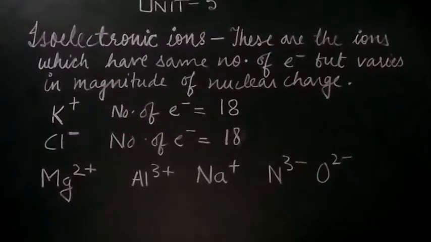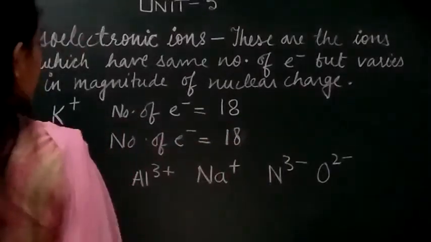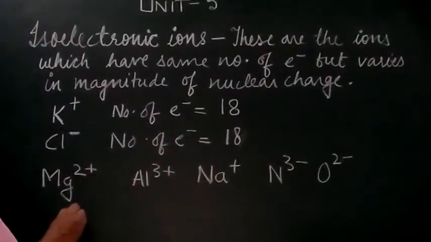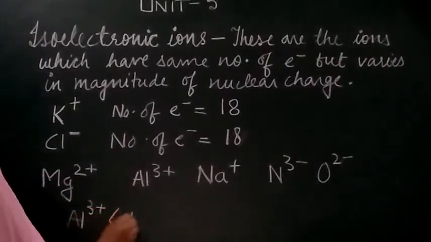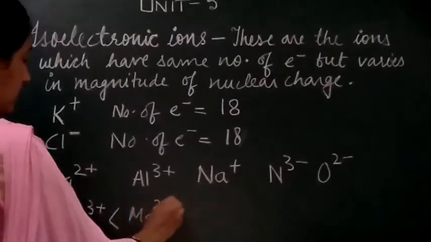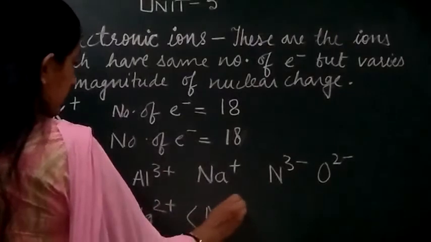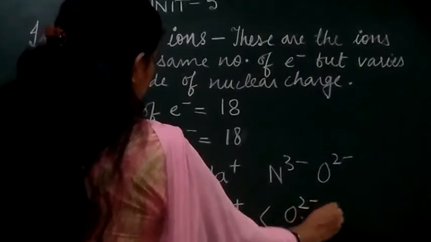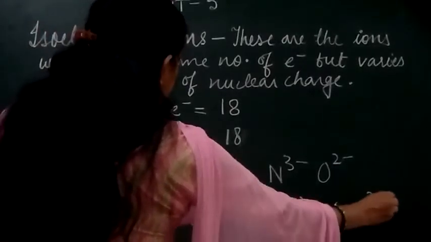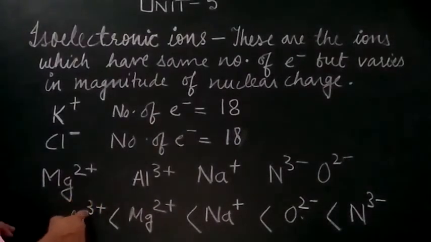So if we arrange this series, what we will get is: let it be aluminum ion, then magnesium, then sodium, then oxide ion, and then nitride ion, right? So here you can see that the magnitude of the nuclear charge is maximum in the case of the aluminum